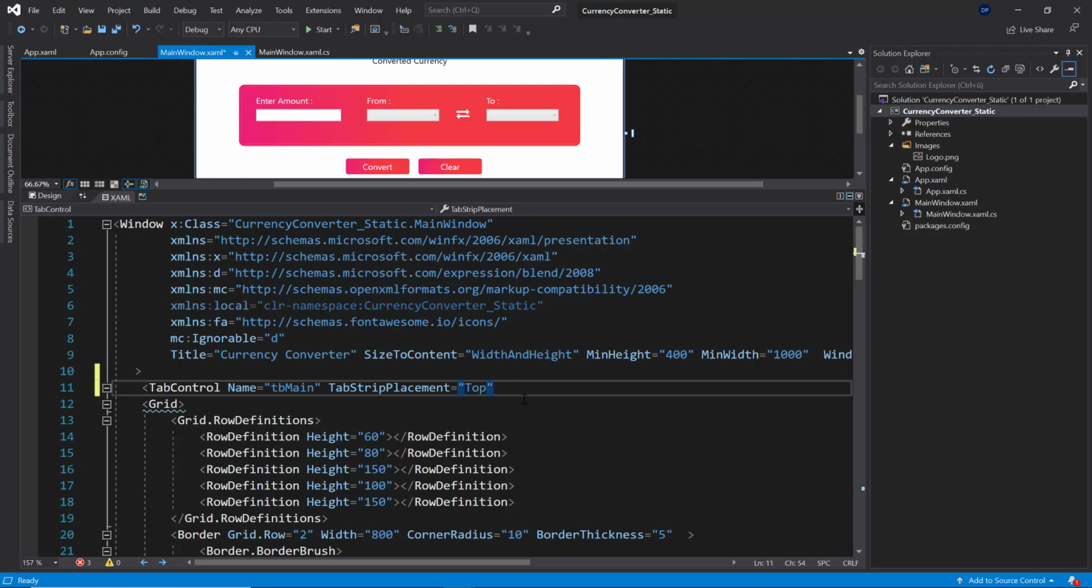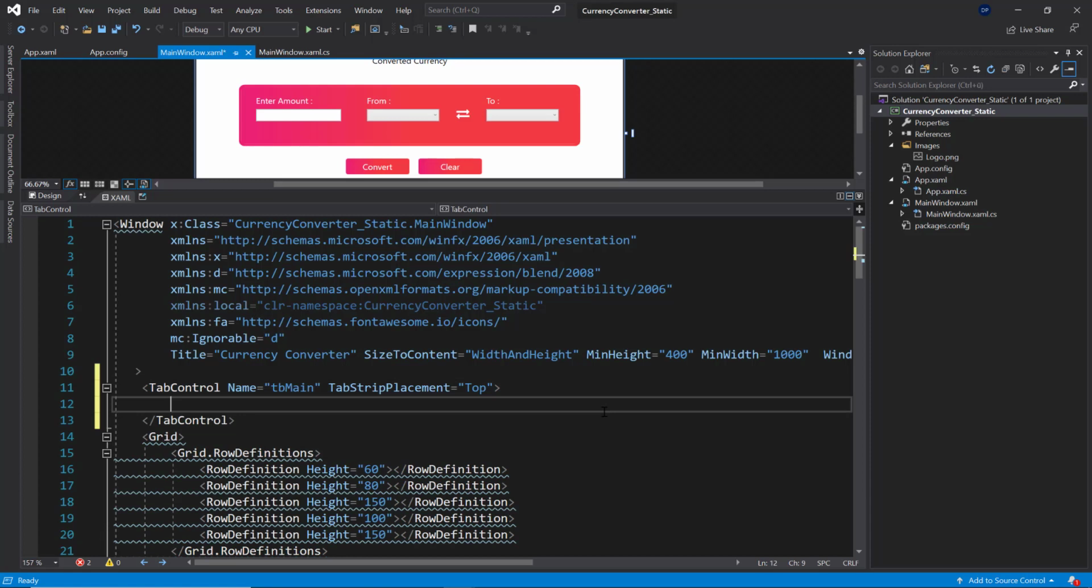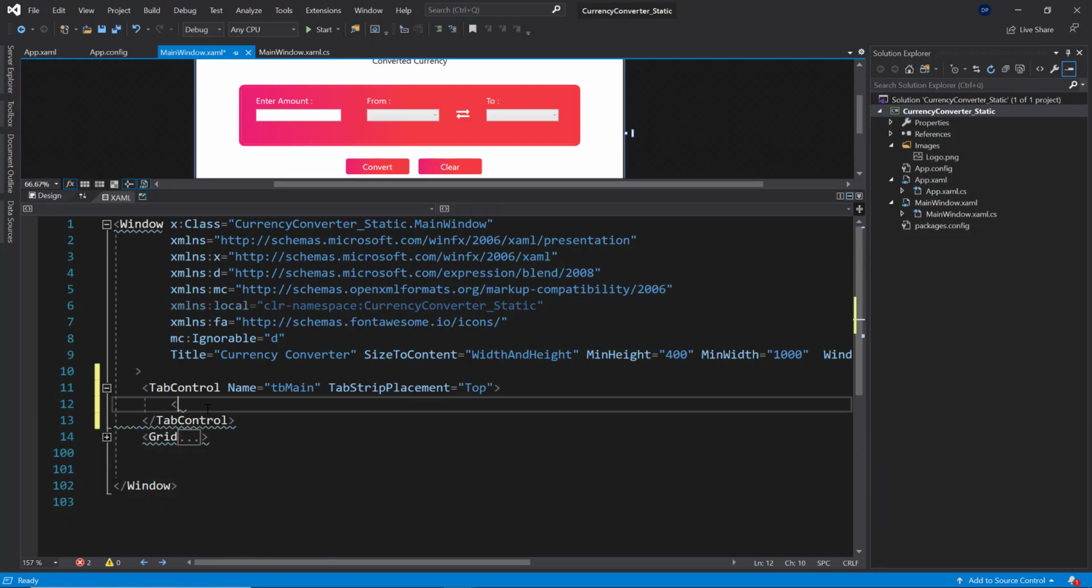Okay, so this is going to be the basic tab control. And inside of a tab control, I can have multiple tabs. Okay, and the different tabs that I want to have are tab items. And I can again give them a name. So I'm going to call this one